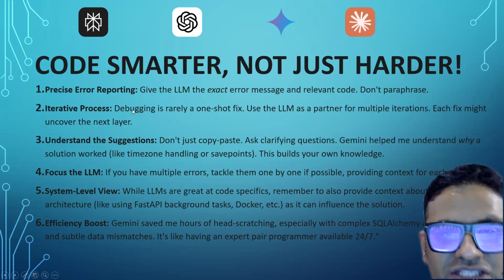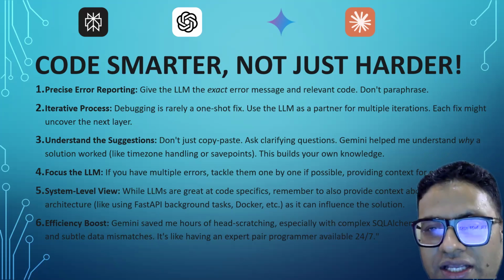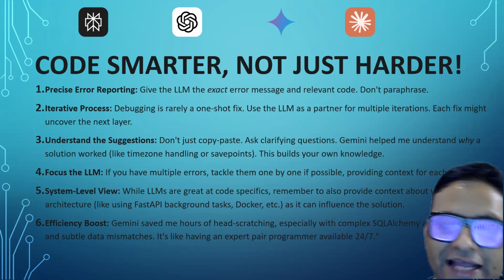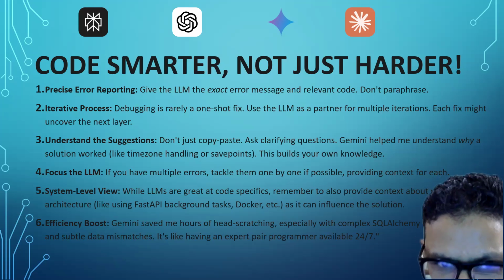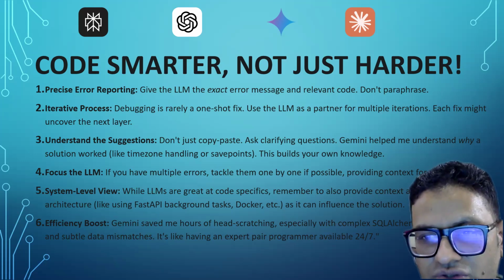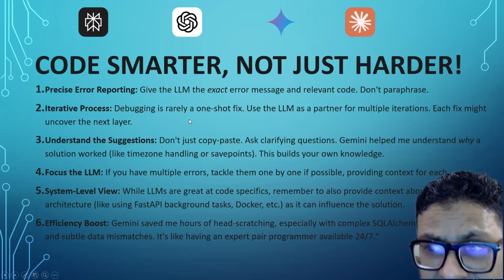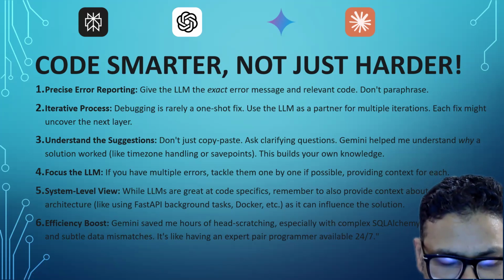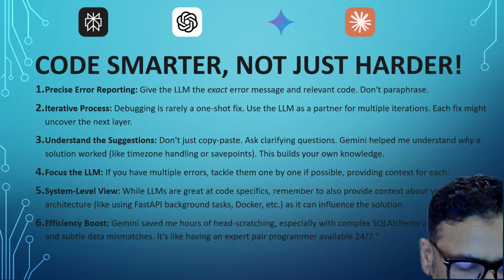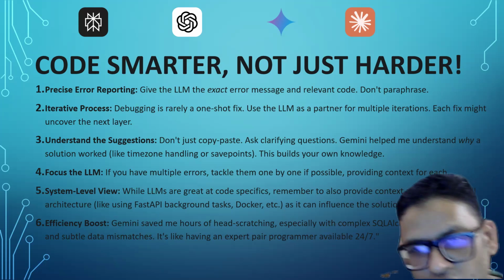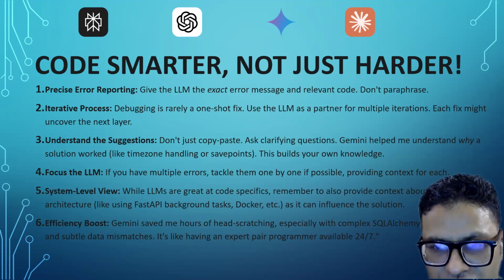Iterative process, meaning it's not a one-shot fix. You should understand that the LLM gets all its intelligence from data available publicly, right? So it is possible that in one iteration you will not get the right response. You have to do multiple iterations, but keep in mind that you have to check the response is not similar to what you had previously. If that is happening and your issue is not being resolved, as I mentioned in the strategies, you have to switch to a different LLM with the same context, provide the error, and see if you get a response which makes more sense to